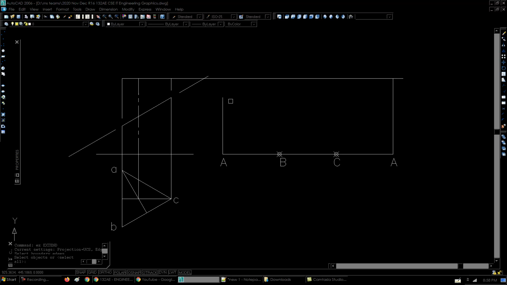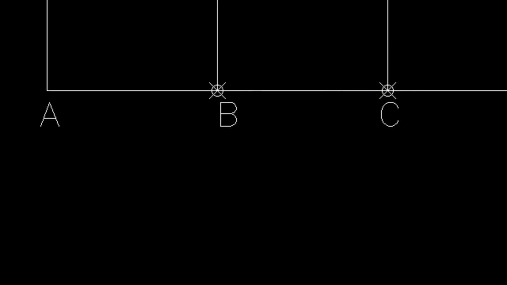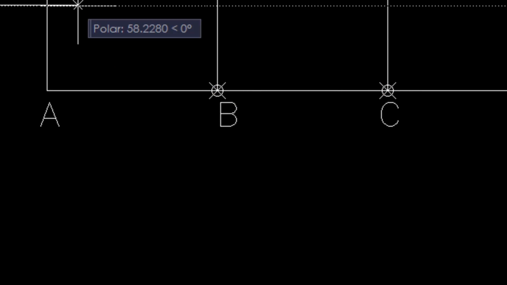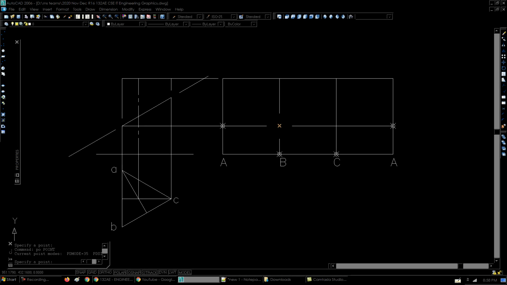So this is the development of the full prism, and then I'll have to cut it. I'll have to draw a vertical line crossing from these 2 points. And then you see A point is getting cut over to this point, so these 2 points become important for us. And then the B edge is also getting cut at that same point, so B also is going to be at the same point, whereas C is getting cut at this point over here, so the C point is going to be here. So joining these will give us